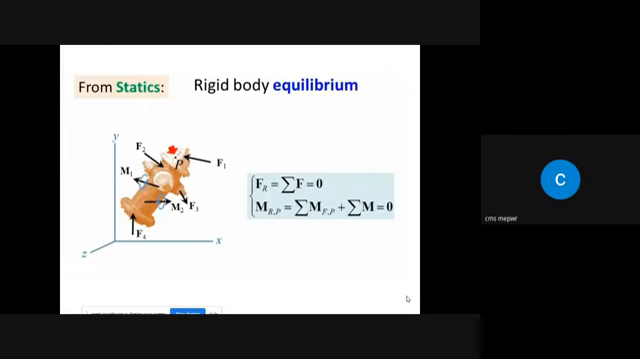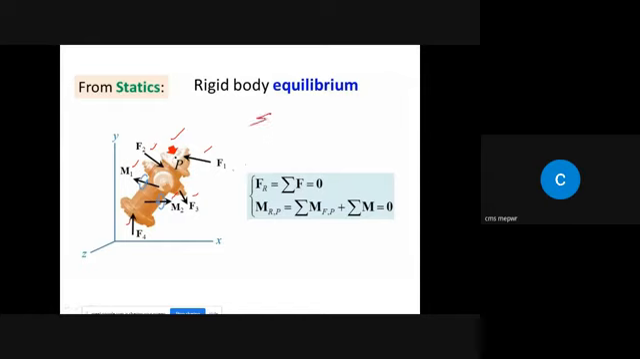In statics, for a rigid body to be in equilibrium, there were certain conditions. For example, if there are a number of forces, this and this, and also couples or moments acting on an object, and we say that the object remains in equilibrium, then there must be some conditions which should be satisfied. And these conditions are,